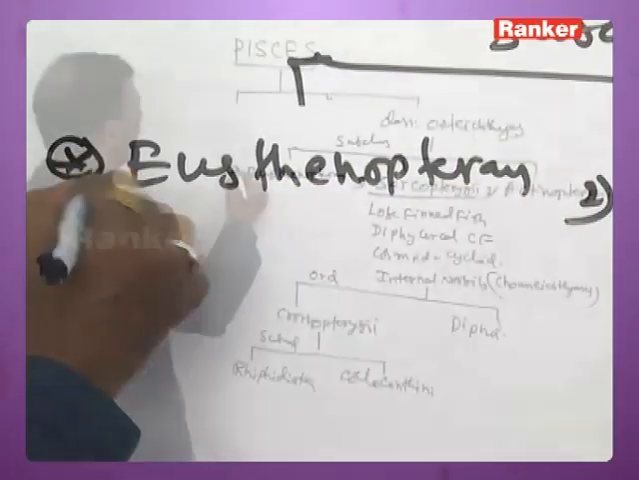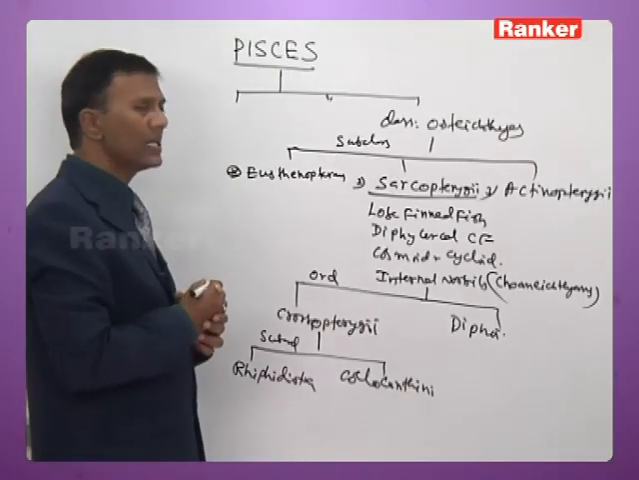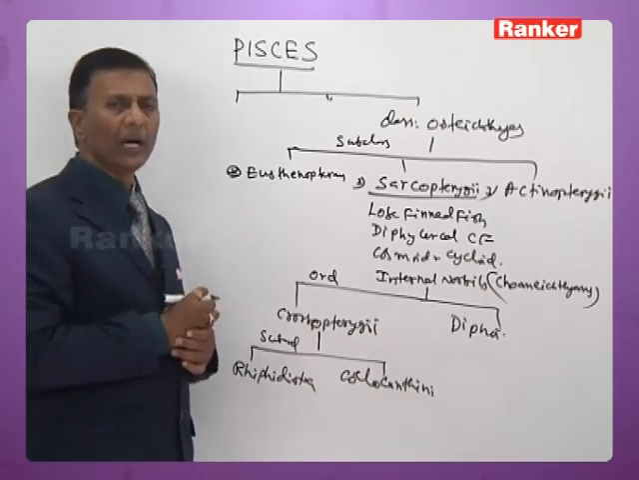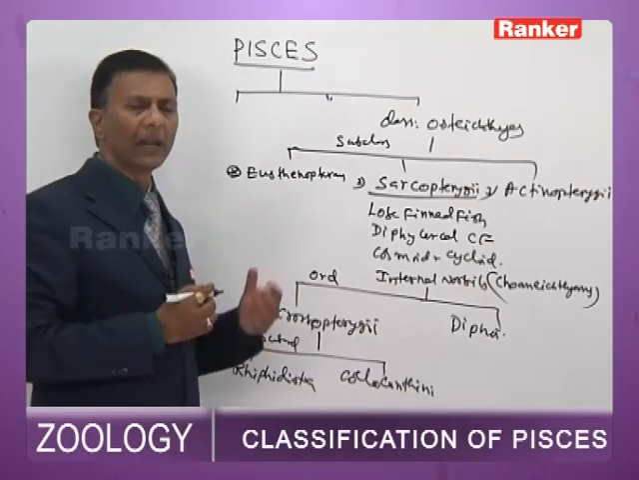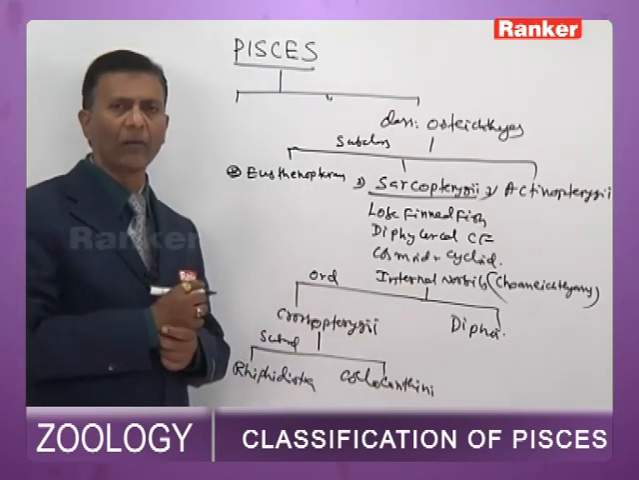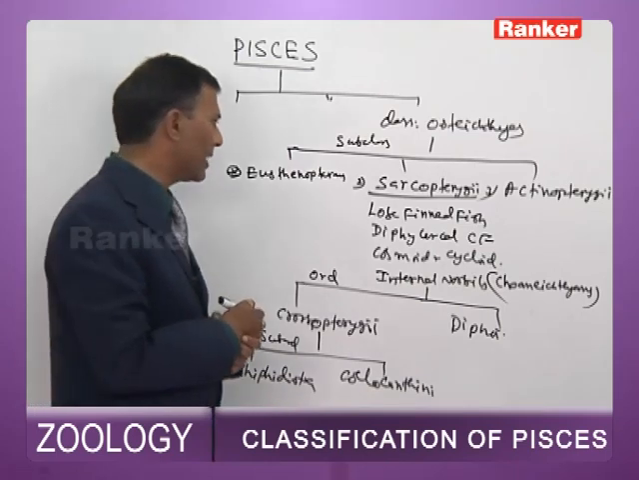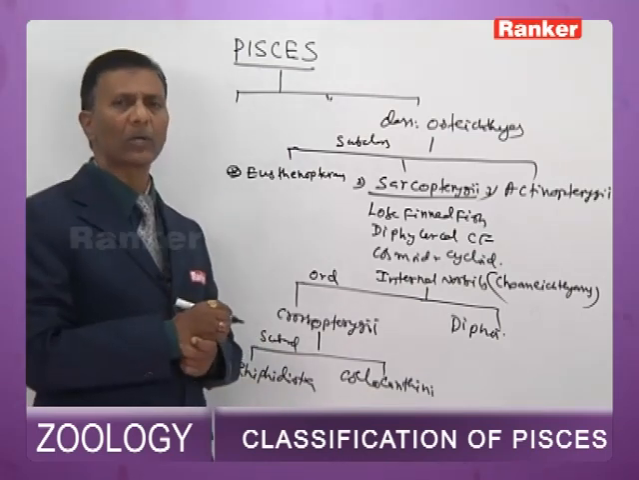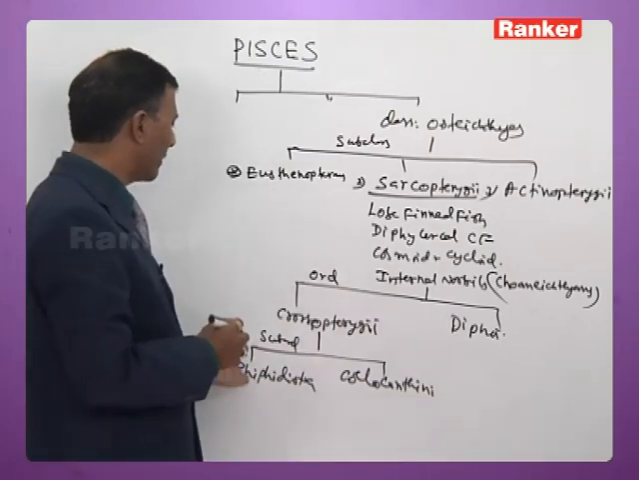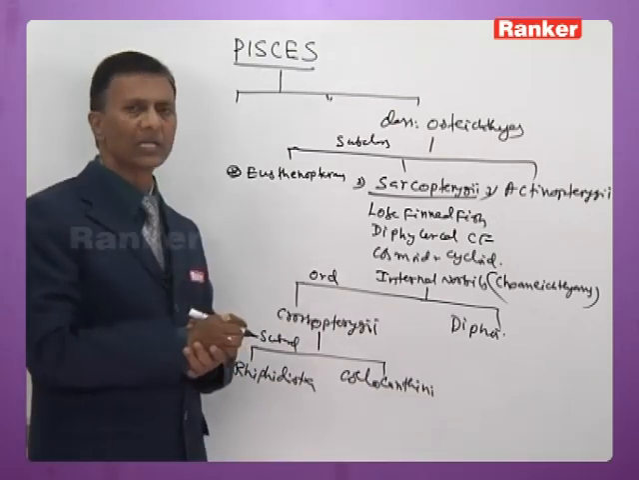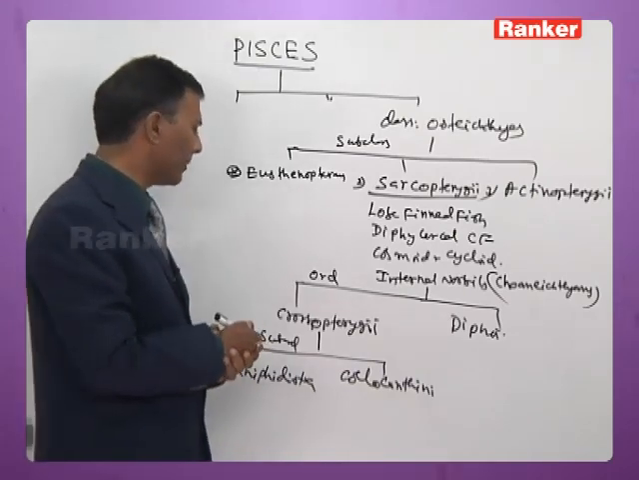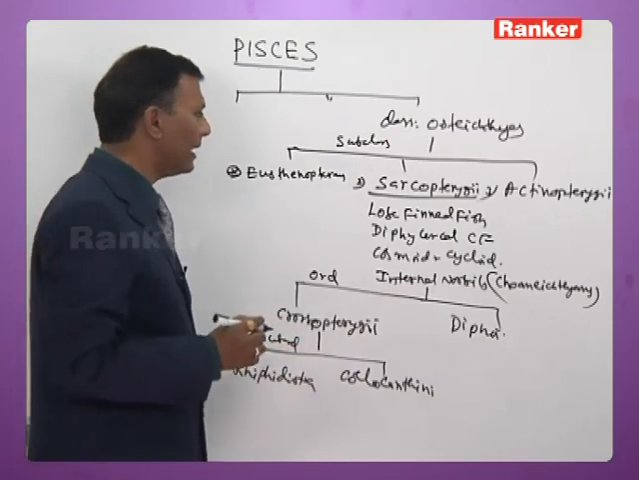The best example for Rhipidistia is Eusthenopteron, which acts as a missing link between fish and amphibia. The Rhipidistian fish gave rise to amphibia towards the end of the Devonian period. Okay, the best example for Rhipidistia is Eusthenopteron, which is also considered a missing link between fish and amphibia. Then the Coelocanthini,